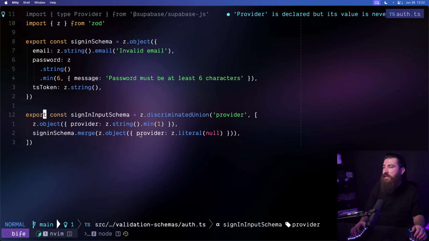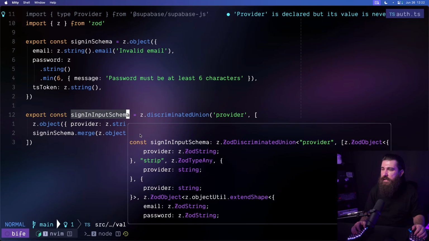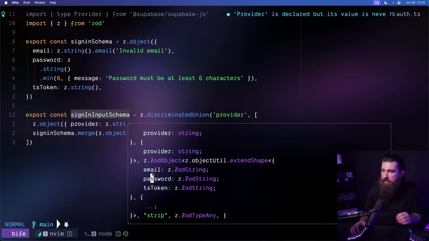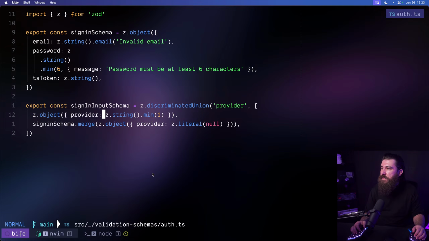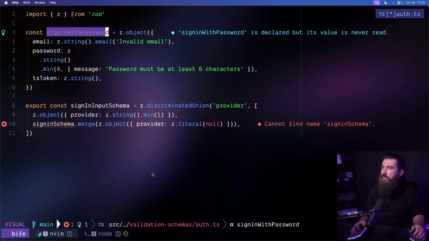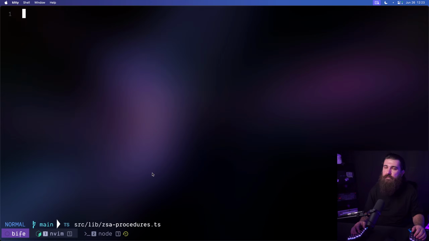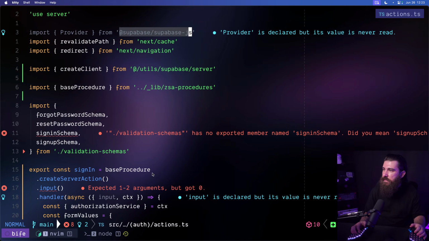Okay, so here's the sign-in input schema. If we open it up, it's either going to be provider as a string, or it's going to be email, password, or token. Nice. We don't need this. There's our sign-in input schema. We're not going to export this one. Sign in with password, right? Beautiful. So let's go back to the auth actions and define